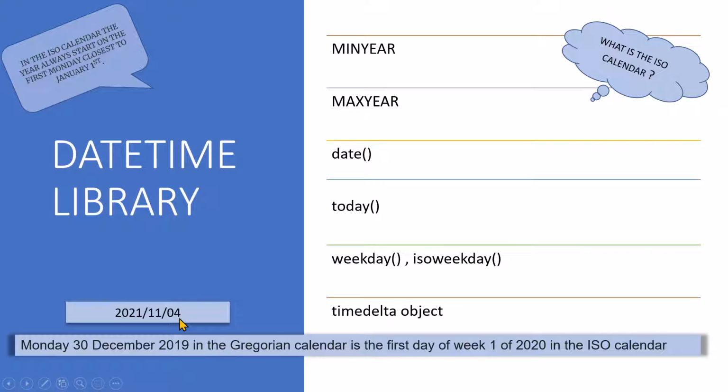Now coming to the time delta object, we will look at this later, right? Because this is an object that is created or returned as a result of an operation that we perform. So we'll see that later. Now let's go to our Python shell